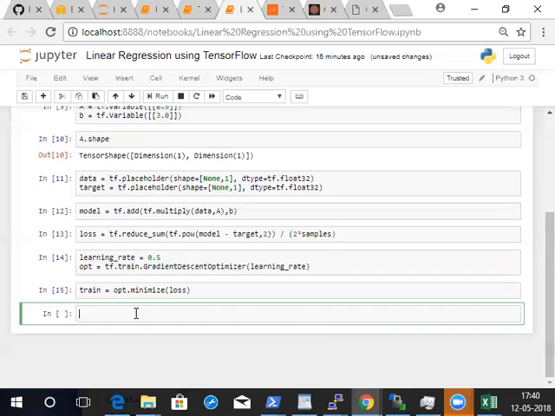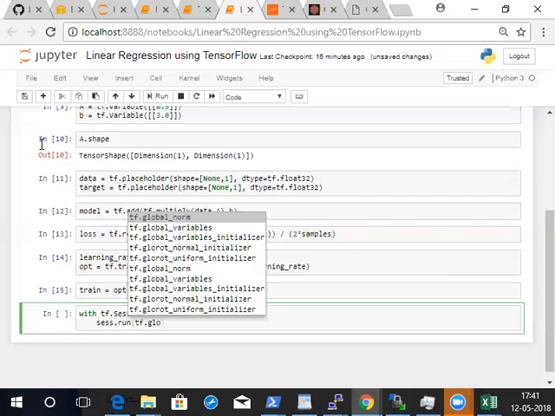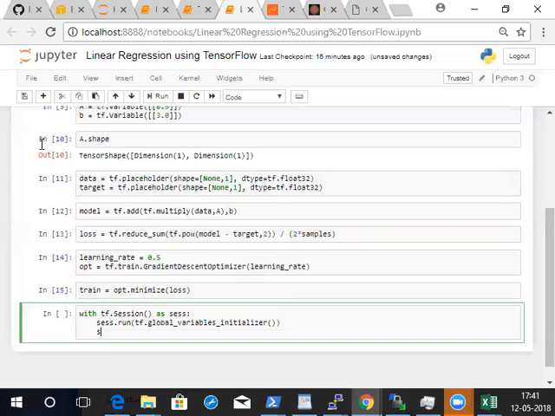So what will we do now? With tf.Session as session, session.run of tf.global_variables_initializer. We initialize A and B. This is required because those are variables, right? Then you do session.run, and remember,